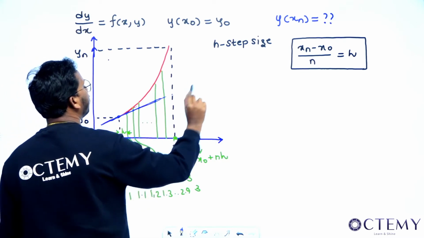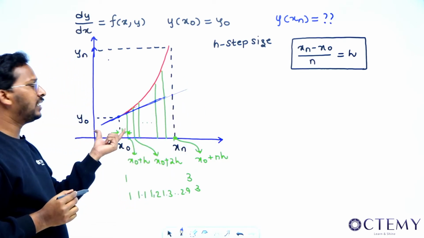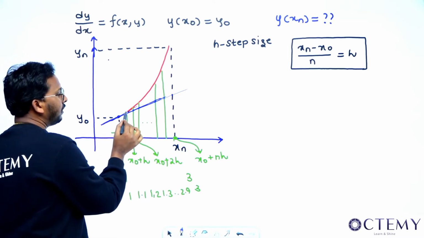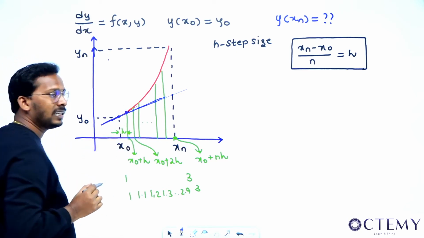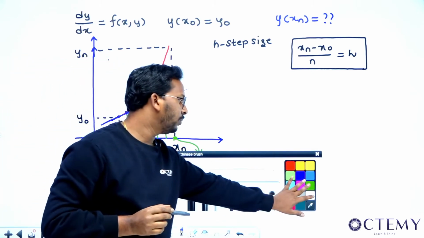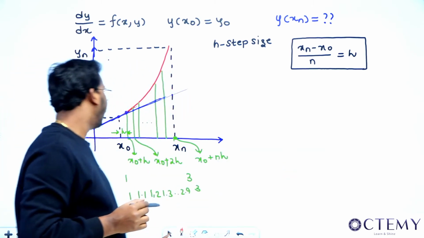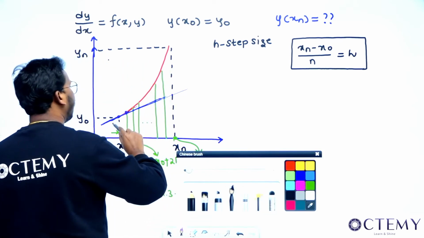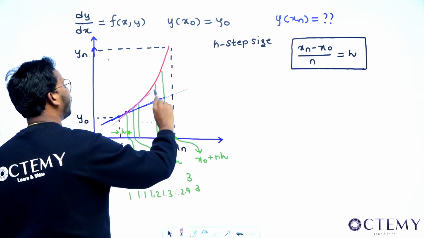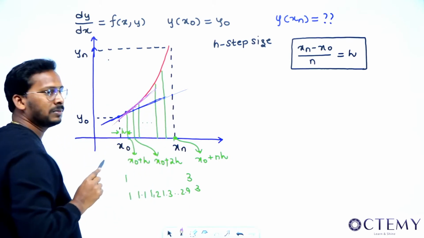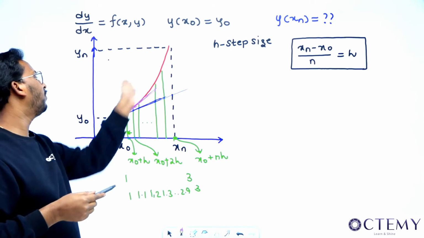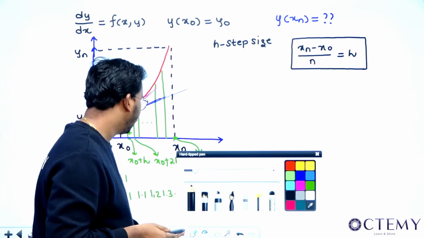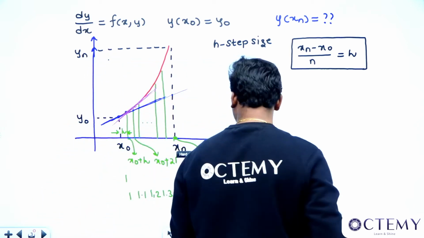This is the tangent I am trying to draw. If I draw this tangent, and if your h is very small, whatever is the next point, that will definitely lie on this tangent. Similarly, again, what will I do? At the next point, I will again draw a tangent like this at this point. So that next coming point will lie on this. In that way, I will keep on finding the next point, right? So look at the algorithm, very interesting it is. See what I am doing, sir.